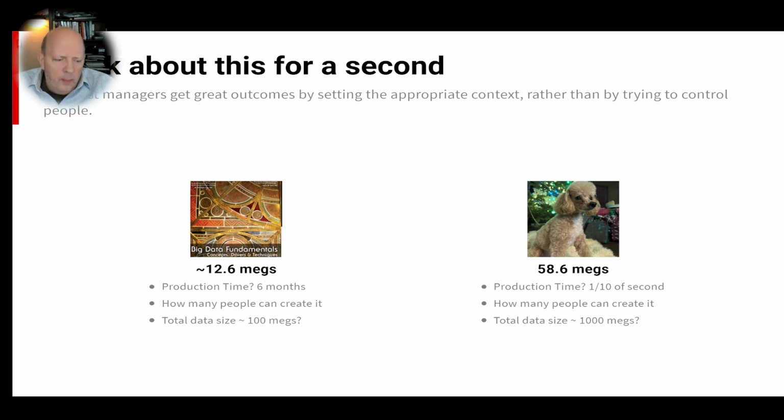It's about 4.6. I just did the calculations. It's 4.6 times bigger. So even just by that one metric, 6 months versus 1/10 of a second, it's basically 5 times bigger. So that shows you how we're getting into this huge big data